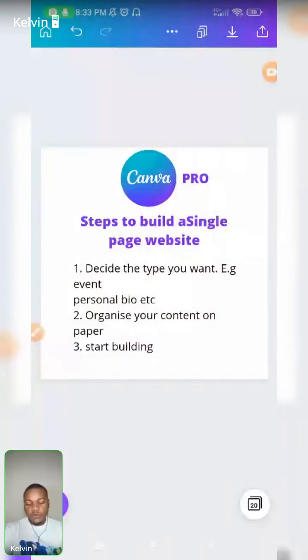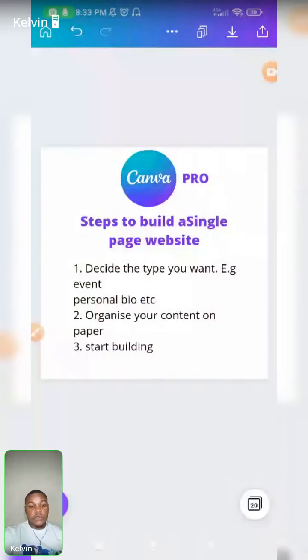Any skill you're learning, be it web design or graphic design, sales funnel creation, copywriting, content creation, search engine optimization, or social media marketing, there is a background knowledge to it. So if you want to build any single page website, the very first thing you need to do is to decide what you want. Do you want a personal bio page, a single page that people can